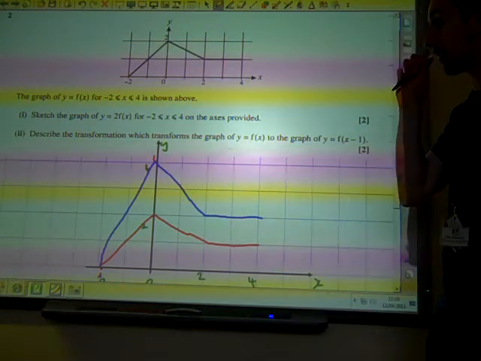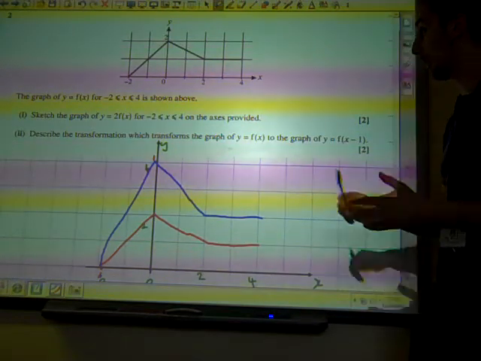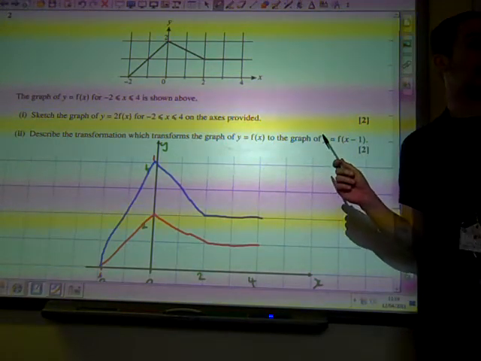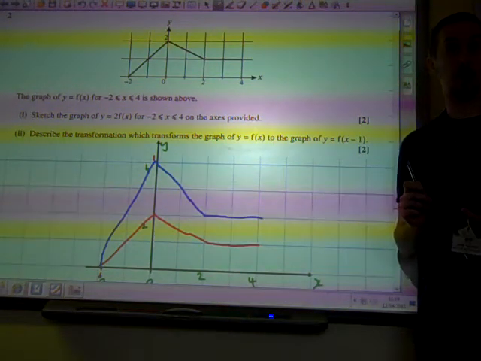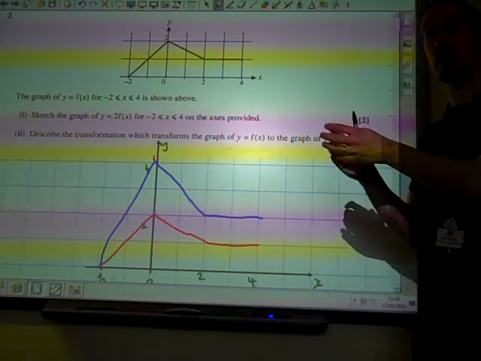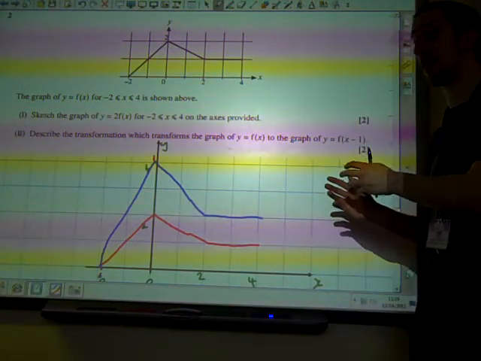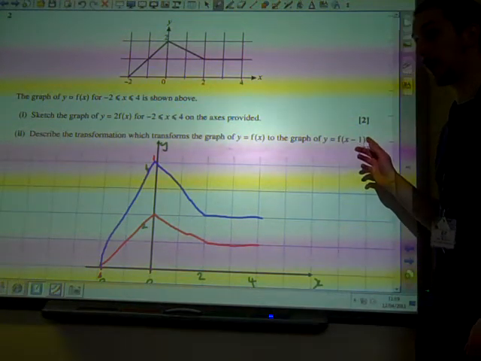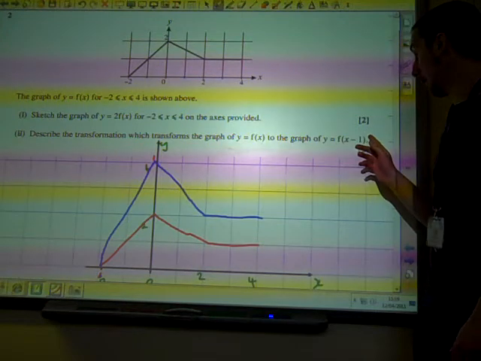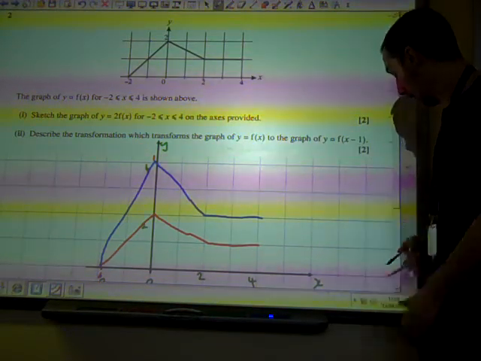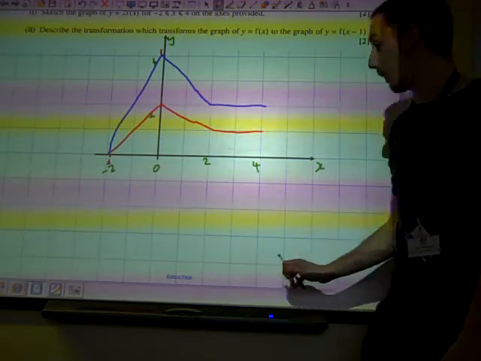And then part 2, describe the transformation which takes f of x to f of x minus 1. Well, if we just go on those rules that we've just written, that f of x plus a is a translation minus a units parallel to the x-axis. So f of x plus minus 1, that would be 1 unit to the right, positive 1 unit in the x direction. So for part 2,